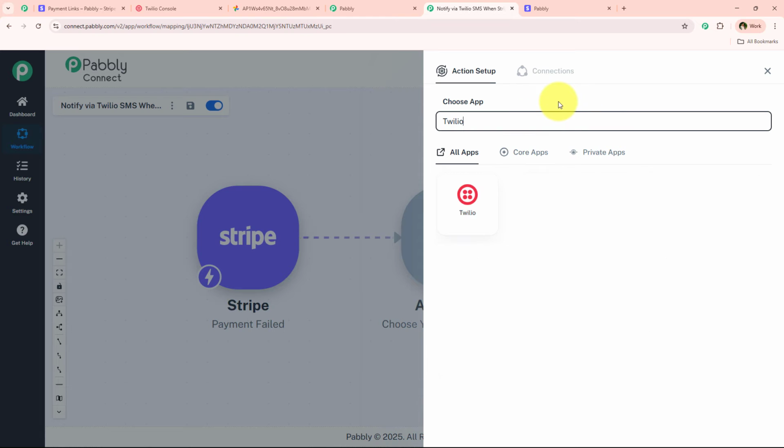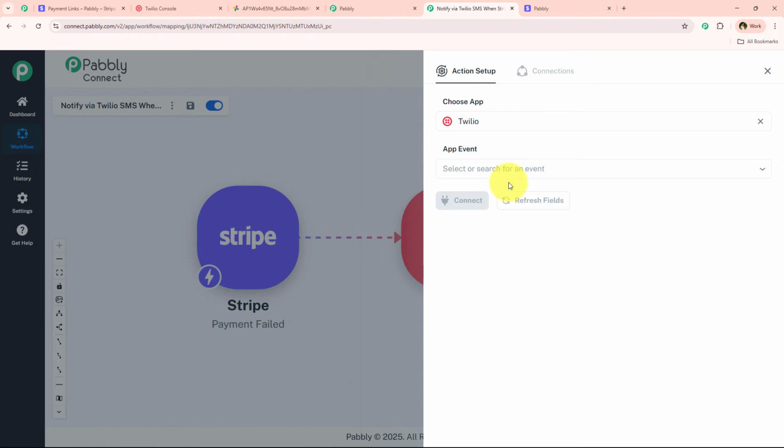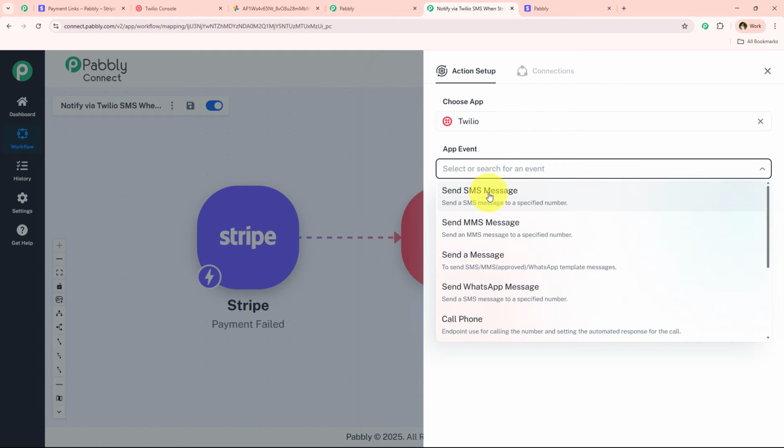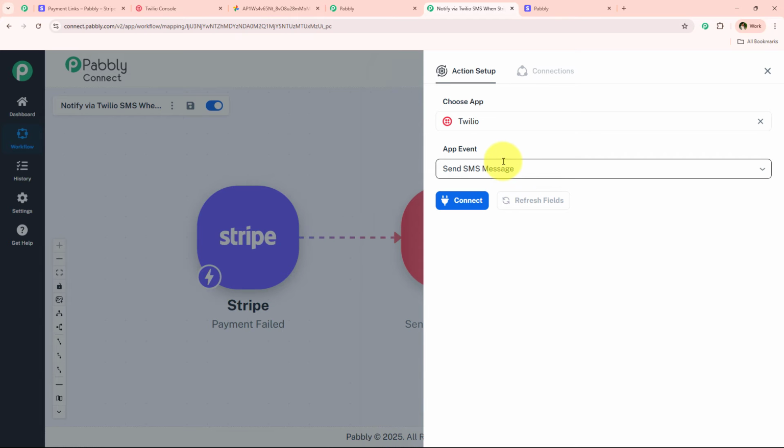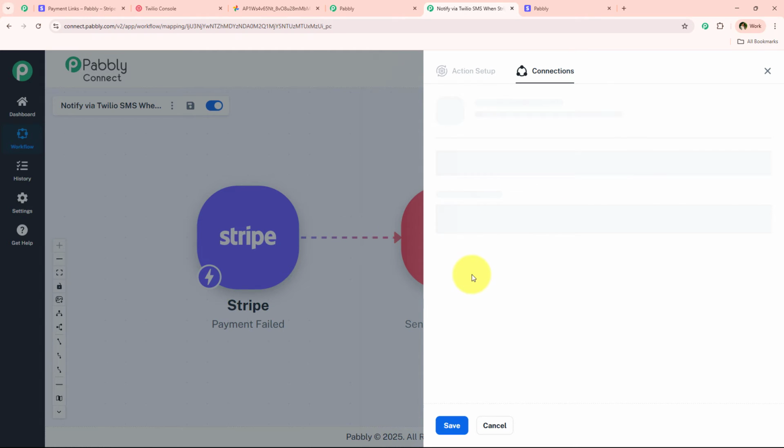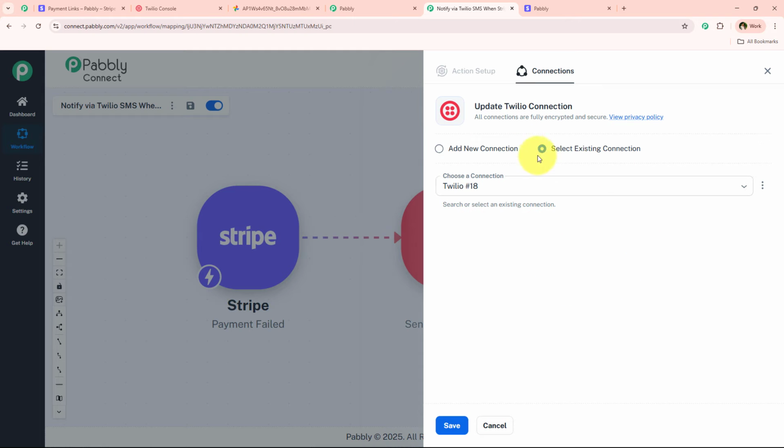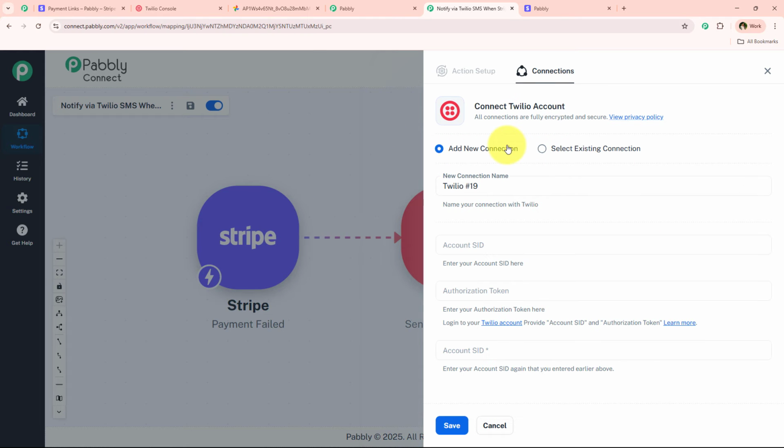So I'm just going to send automated SMSs using Twilio. You can use any other application too. For the action event, I'm just going to simply select Send SMS Message and click on Connect. Now in order to create a connection between Twilio and Pabbly Connect, you have to go towards this Add a